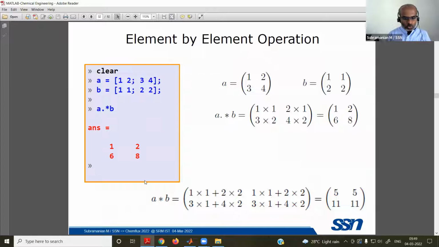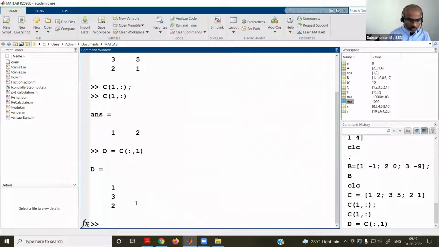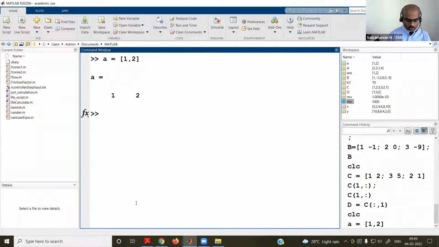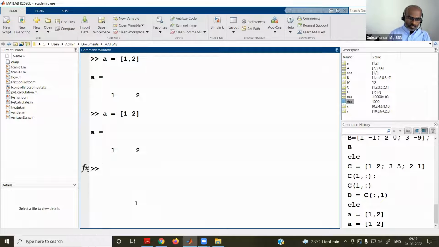Comma is also used, whereas normally we do not use it. Let us see about comma as well. Say for example, you want to have A equal to 1 comma 2, which is also equal to A equal to 1 space 2. Otherwise, this space is also doing the role of comma.